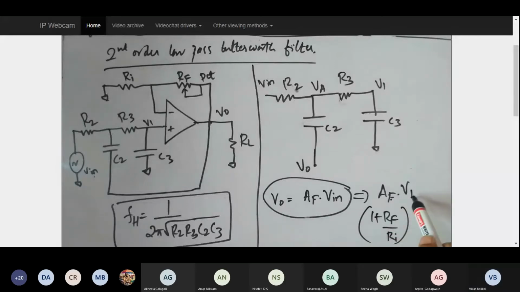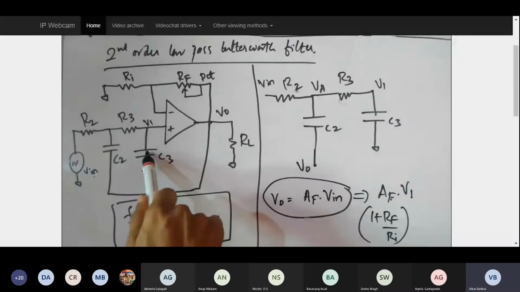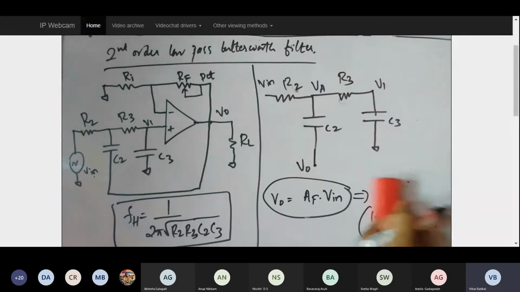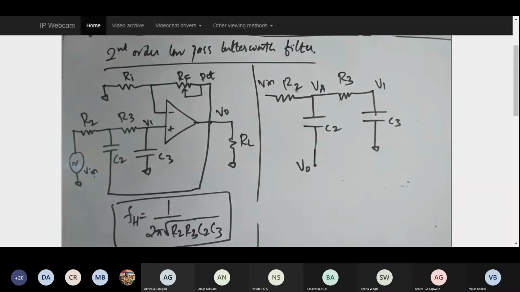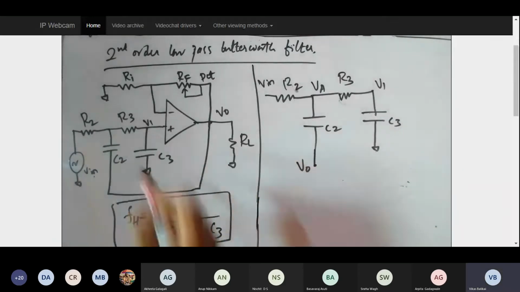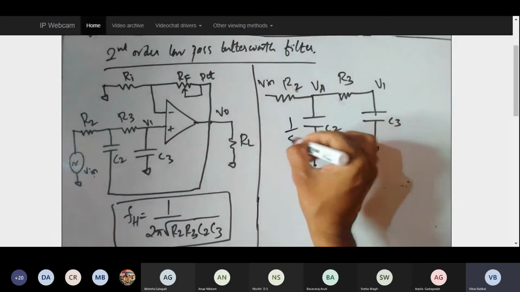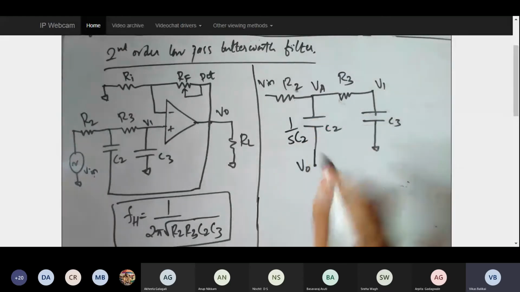But what is V1? In the previous case, here it was a resistance, and you easily calculated the voltage division across this resistance and obtained V1. Now also you're going to apply the voltage division, but in the place of resistance you are having the capacitor. And one more thing, if you can notice over here, there are multiple resistances and 2 capacitors. So if that is the scenario, I should be able to apply the voltage division formula by considering the impact of the capacitor. So using the Laplace domain, I can write here the voltage drop across this capacitor is